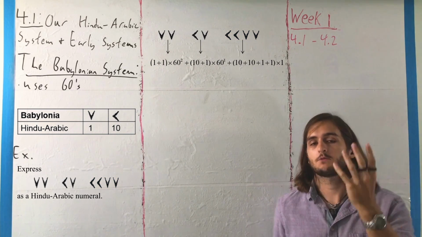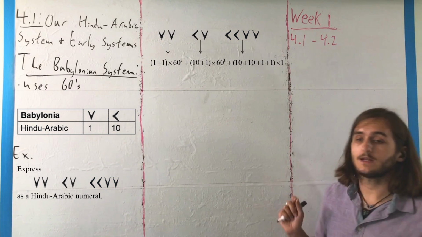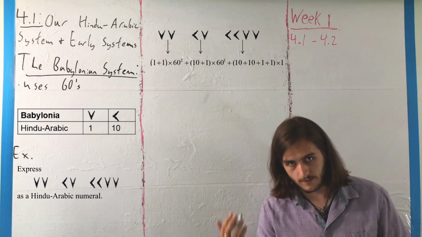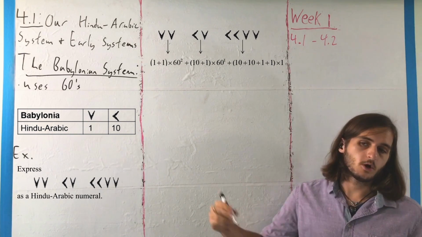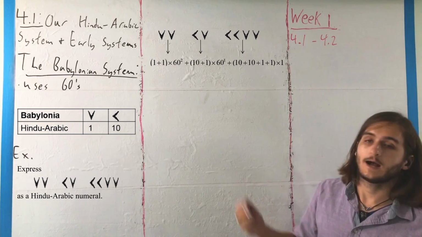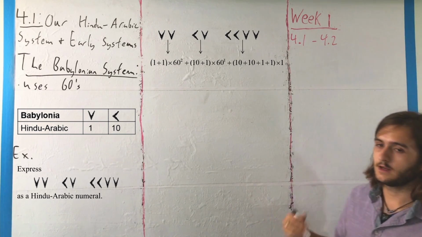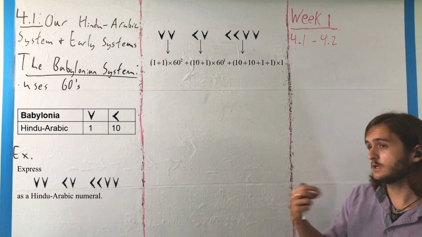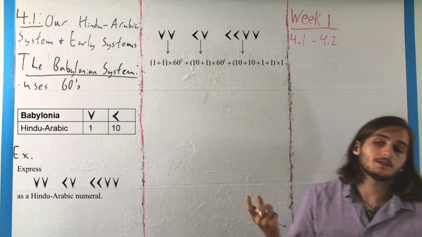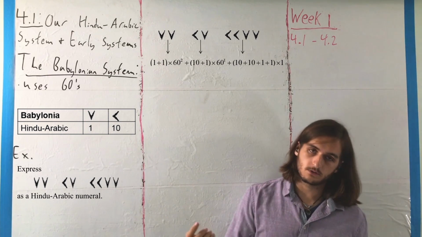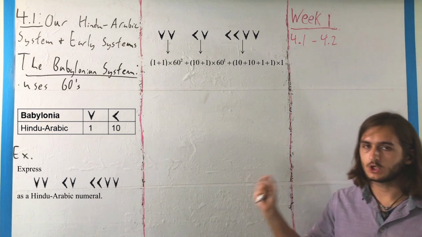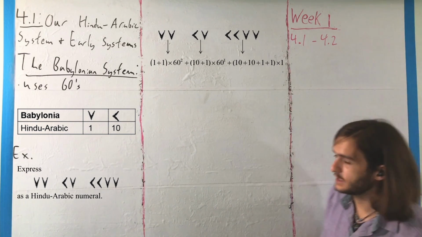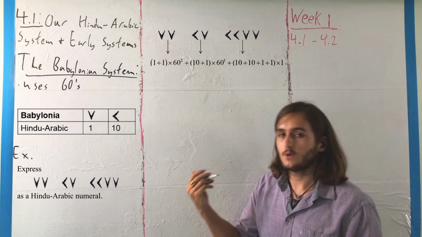So again, because we have three groupings, if we want to start from the right instead, the rightmost is always the ones place, it's always the single values. Then we go up to a single amount of our compromise, 60s. Then in our third, we get to 60 squareds, and if there was a fourth grouping, then we'd have 60 cubes, and so on. But nicely, because we don't have zeros to worry about, we know that we just have that. From there, if we want to put all this together, get our actual Hindu Arabic number,